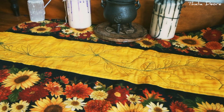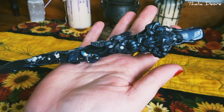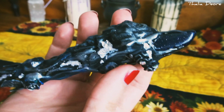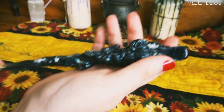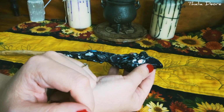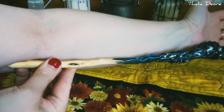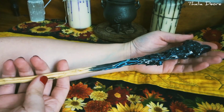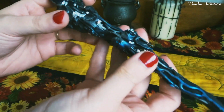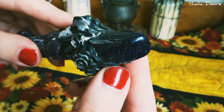So I am now at my altar and my wand has arrived. So this is a wand by Amanda at Invictus Arcana. I will put a link to her Etsy store in my description, but this is a Hawthorn wand. It is the length of my arm, which is generally what you want in a wand. It is then covered in silver leaf and Swarovski crystals, and then on the top we have this beautiful big blue gold stone,